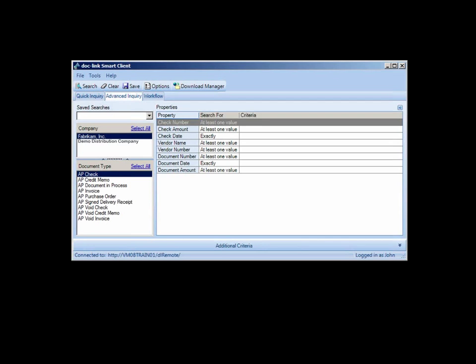Okay, in this database, I have not only AP documents, but I have AR documents. I also have HR documents. But based on John's login, these are the only documents that he has access to. Okay. Now, when you store documents into our system, you first need to identify what type of document is it